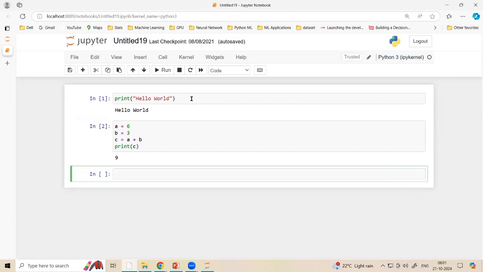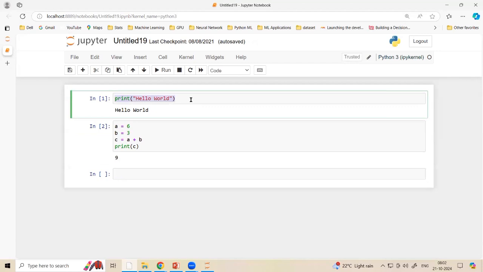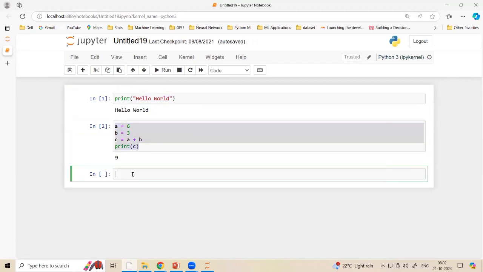And you can see this. This is the code which I'm writing and this is the answer. So this is how we are going to write our code in future, which is called Jupyter Notebook. I personally like this